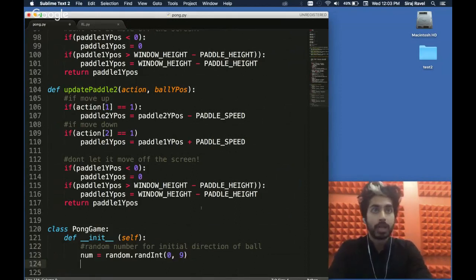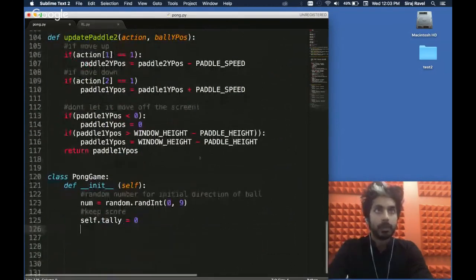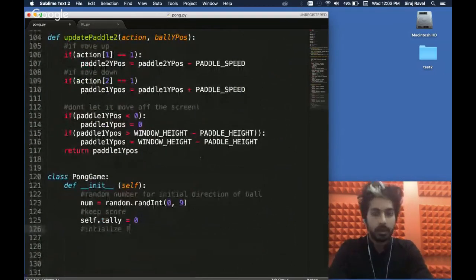Now we're going to keep the score. In order to keep the score, we're going to define a tally variable. Self.tally equals 0. Now we want to initialize the positions of our paddle.